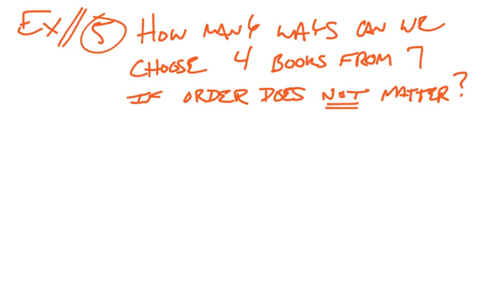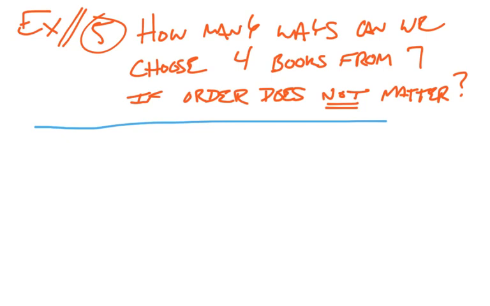All right. So let us think about how to go through this, not from a fundamental counting principle point of view first. Let's think about it in a more basic way than that. Let's just try to tackle this question directly. So basically what we're trying to do here is to figure out all of the collections of 4 books from the 7 that are available to us,